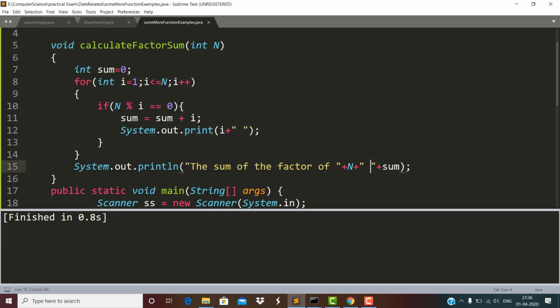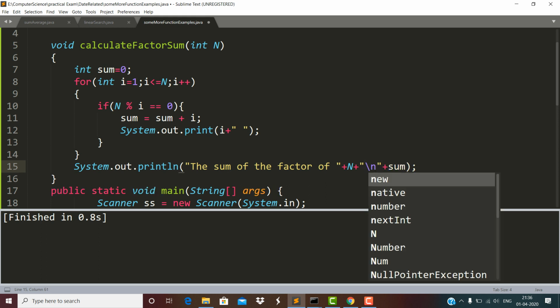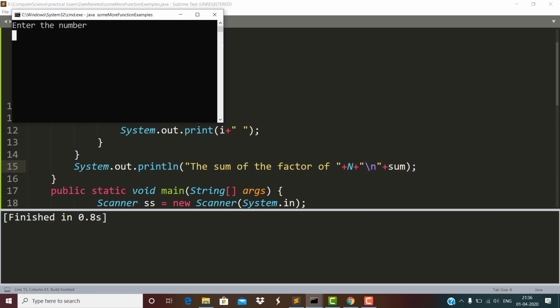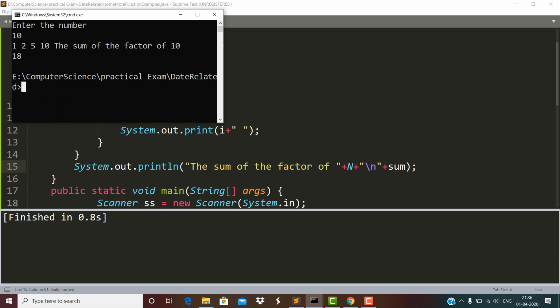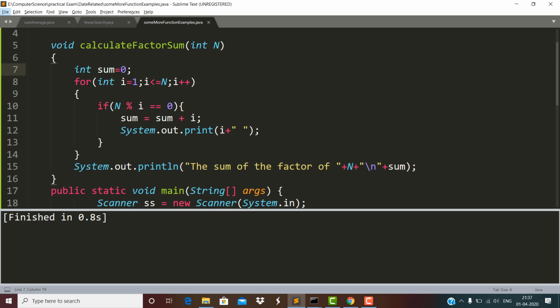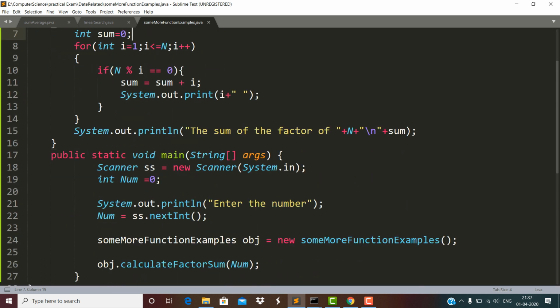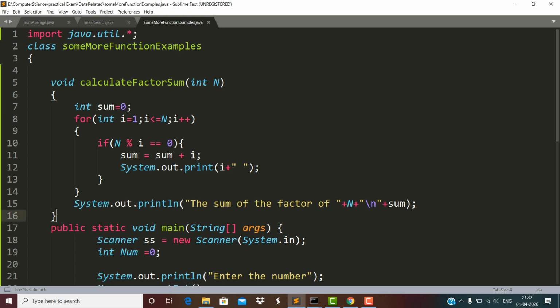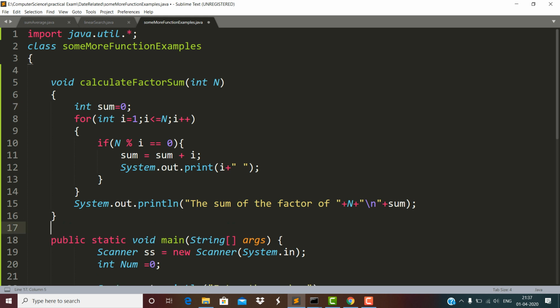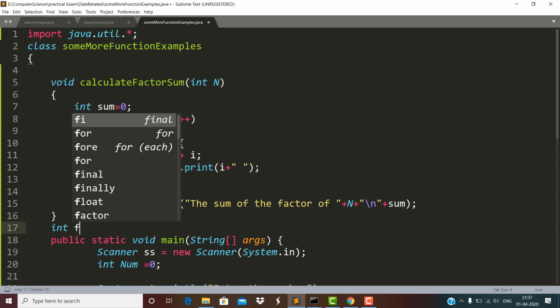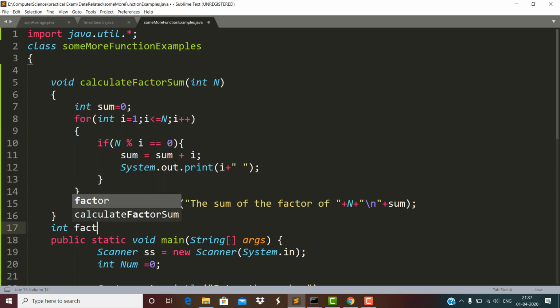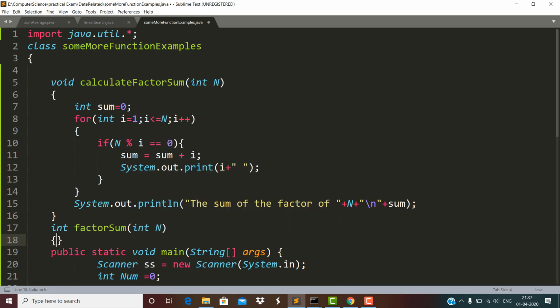Here better if we change the line here. So here you see that the sum of the factors of this number 10 is 18. 10 plus 5, 15, 16, 17 plus 1, 18. Suppose children, in the same question, if we want to return the sum within the main method, what we need to do, we must specify some return type here. And suppose this time the name of the function is factor sum, and here if it receives a variable n,